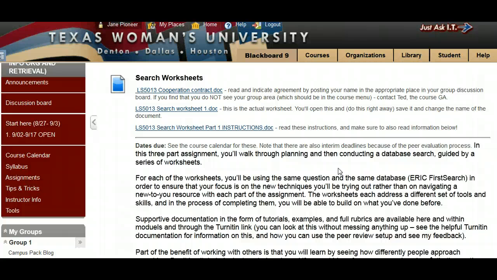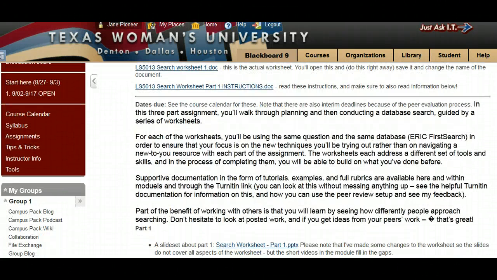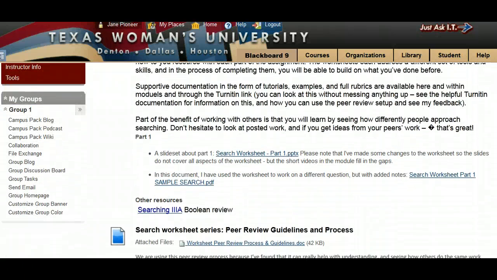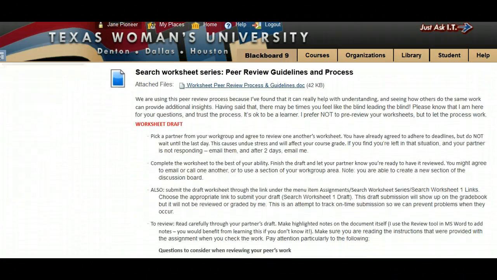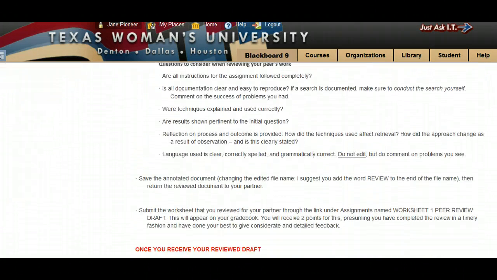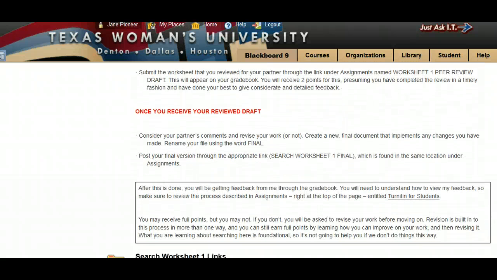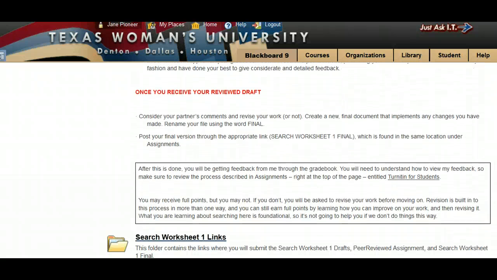But the second place that you will post it is actually here in this section. Notice that there's examples here, by the way, and a sample search and more instructions, exactly how you do it. Right here, search worksheet 1 links, open that,